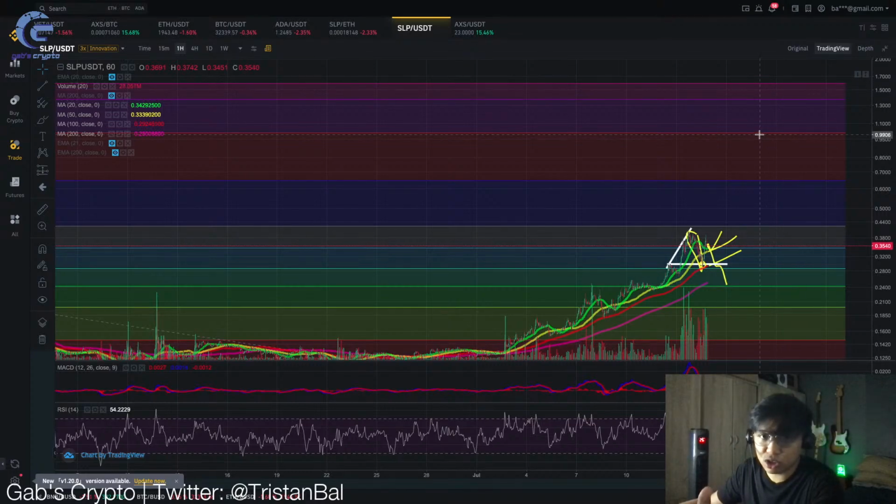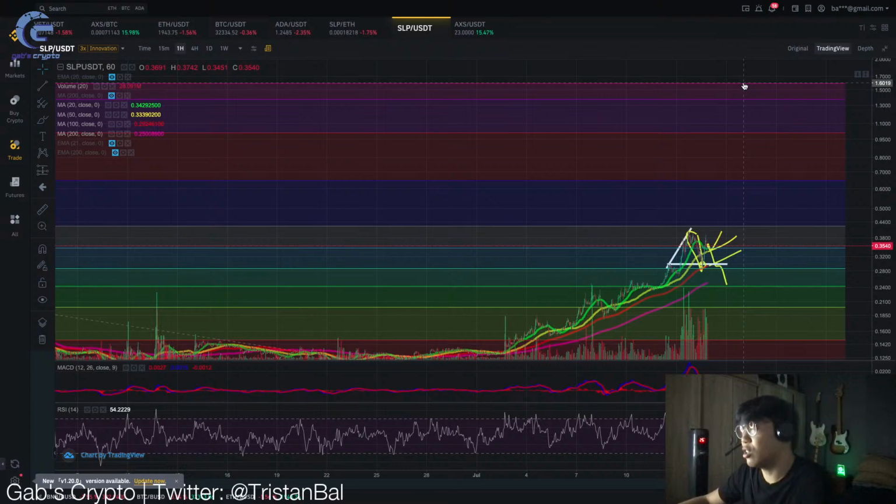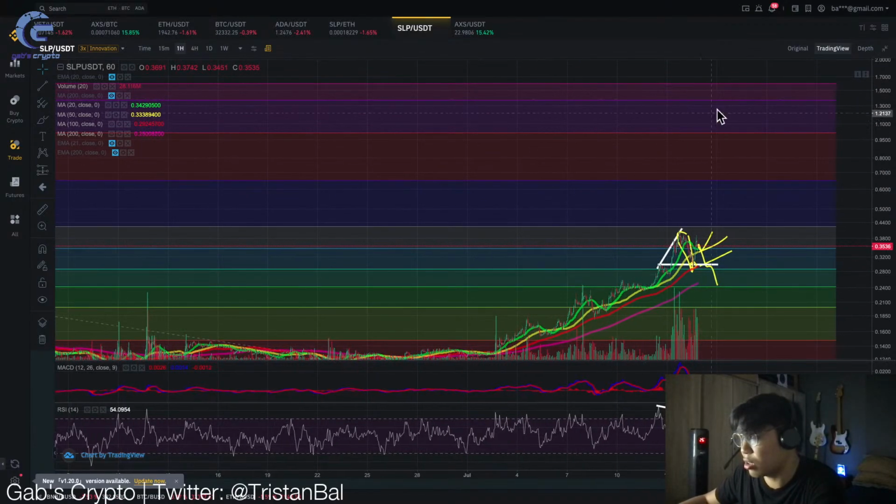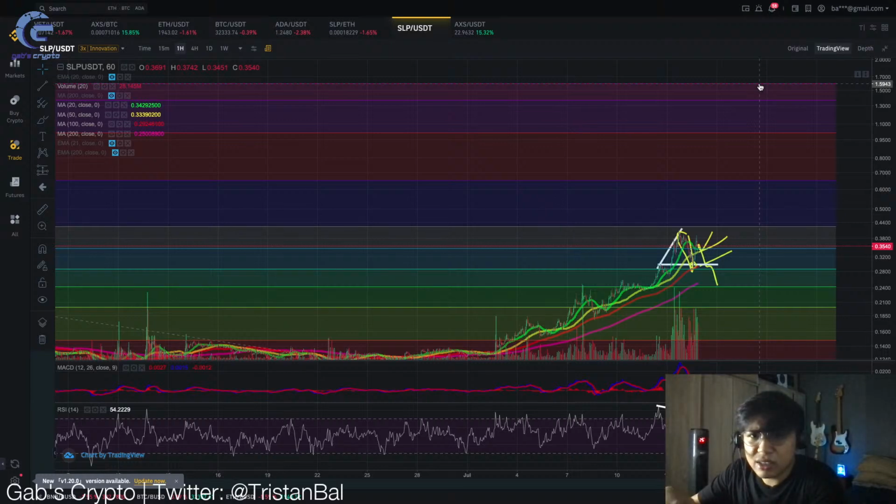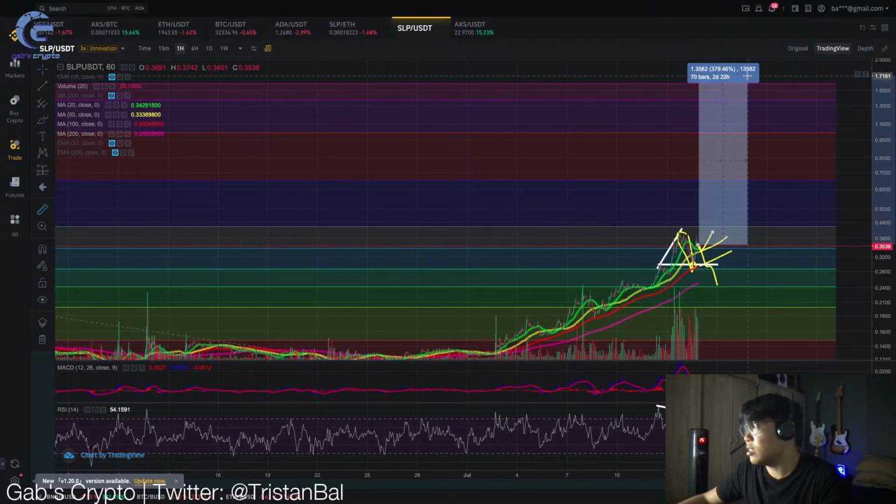Remember guys, this is for the long term. This is not the short term. In the short term, of course, it will go down, bababa siya regardless of the price action. But for the long term, of course, as long as na bull market year tayo with Bitcoin, 1.6 is the maximum. It's the foreseeable for me dito sa aking chart. So 1.6 for the long term, that would equate to roughly around 90, 100 pesos of value for SLP. And from this area, if bumili ka ngayon ng SLP, you would get 347% profit.